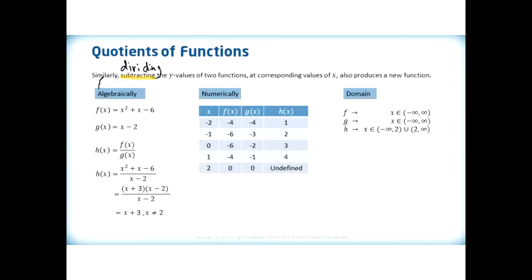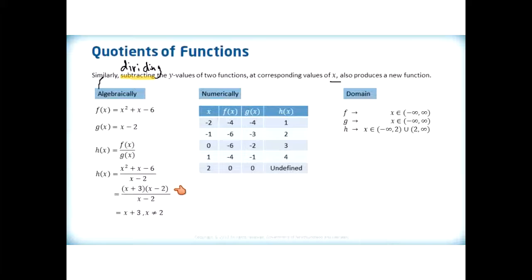So dividing the y values of two functions at corresponding values of x produces a new function, right? So getting back to where we were now. Looking at our equation here, we take our numerator, which was a quadratic, and we're going to write it in factored form. So that becomes x plus 3